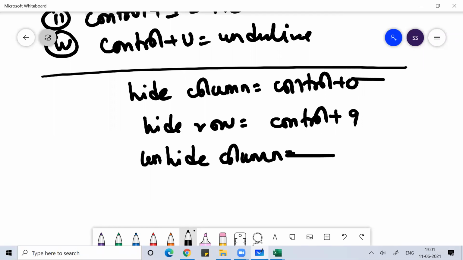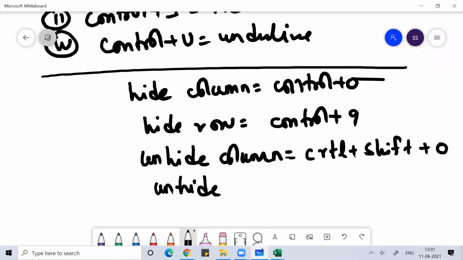It could work for you, well and good. Otherwise, you are most welcome to use the mouse. Right click on the mouse, unhide. The shortcut given in the book is Ctrl+Shift+0. To unhide a row, the shortcut given is Ctrl+Shift+9.